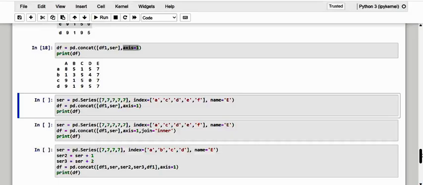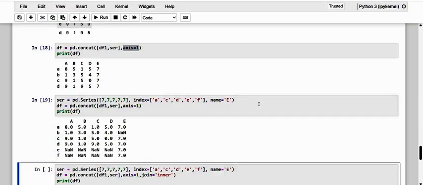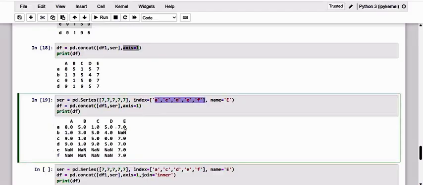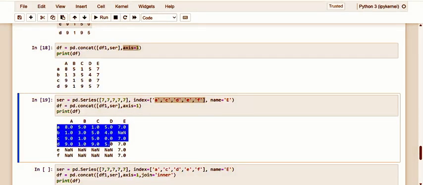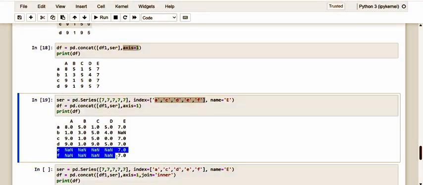Let me have that example here. See here, this is our series, and we have 5 elements in this series, and of course 5 indexes, and let me name it E. And here we go. See here, dear friends, in this index we don't have the label B. And the same thing, of course, what we have just done is we have only A, B, C, D in data frame 1, where we don't have the E and F concatenation.